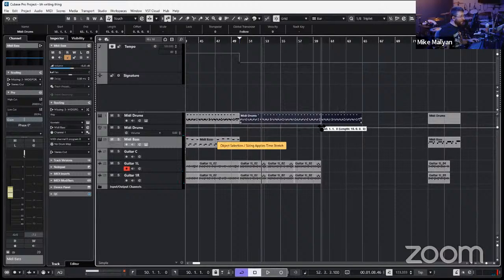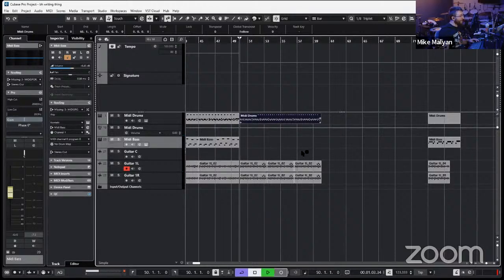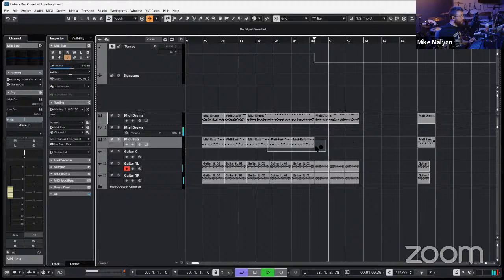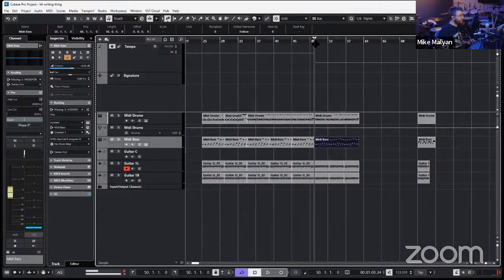So we have to stretch it to be the same length. It's really important that you get your start and end points right if you're going to use time stretching to make that work. So for example, those 3 have to become 1, then have to become the length of the audios.